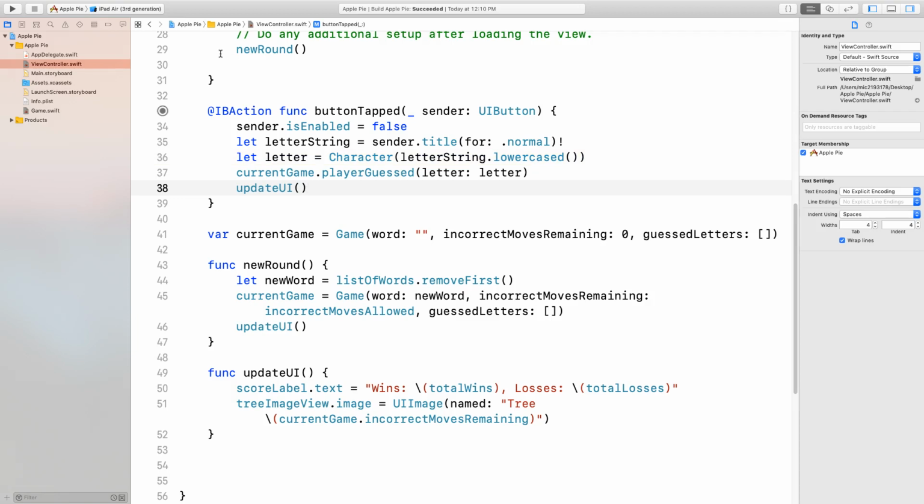So what we want to do is, using the word and the guessed letters, compute a version of the word that hides the missing letters. So that's what we're going to do next. We're going to begin with an empty variable. We're going to loop through each character of the word. If the character is in guessed letters, we're going to convert it to a string and then append the letter to the variable. And we're going to do that in a computed property within our structure called